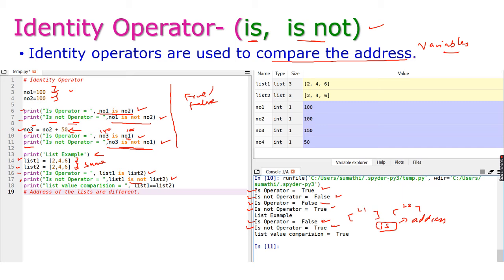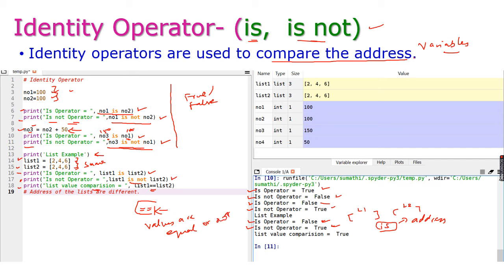And now I'm going to compare the values of the lists. Value comparison by using double equal to, the logical equal to sign. This logical equal to sign is actually used to test whether the values are equal or not.